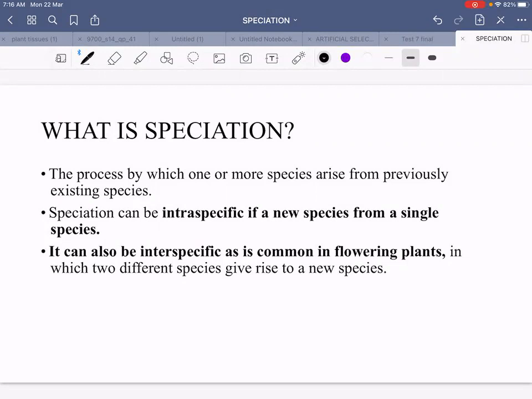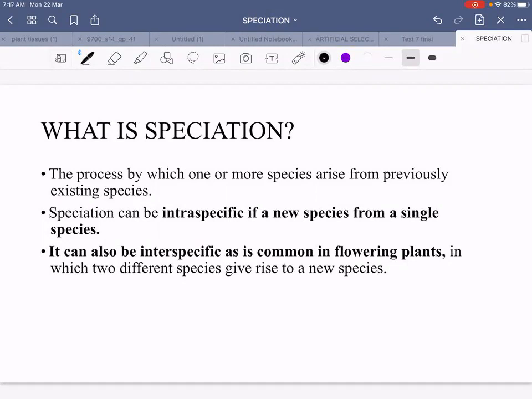And as I told you in the last class also, first I will discuss speciation under the topic of intraspecific, which means speciation or the evolution of one or more new species from previously existing species within one specific species, right? And then after we have done intraspecific speciation, we will be covering interspecific, which is common in flowering